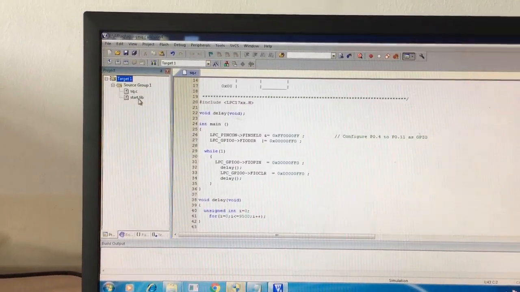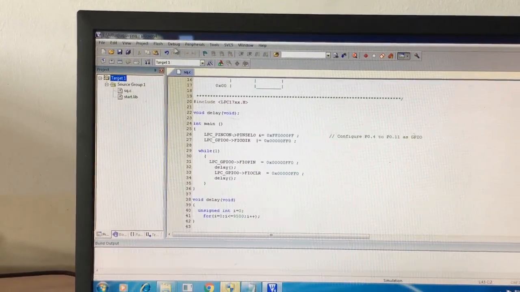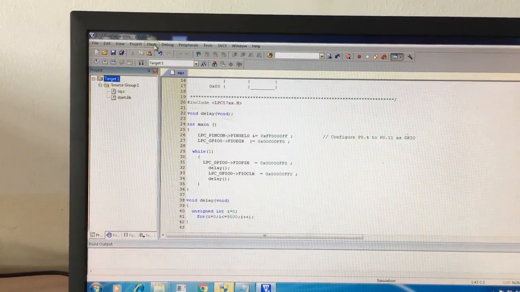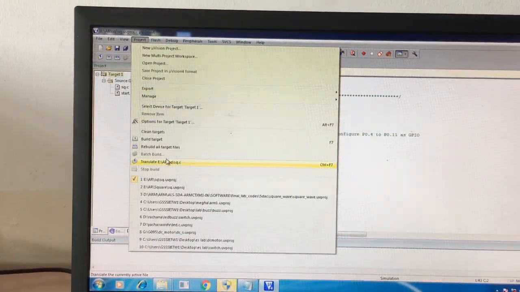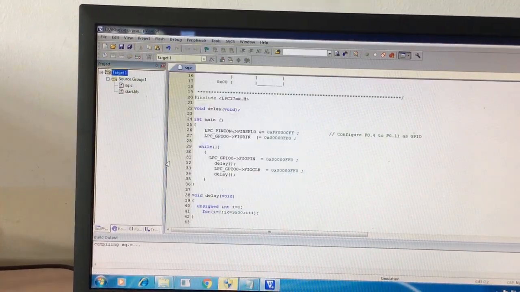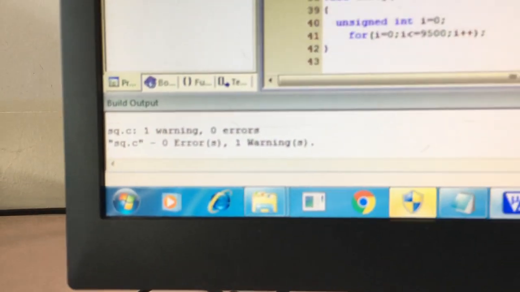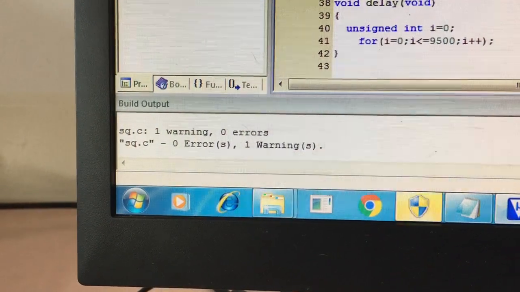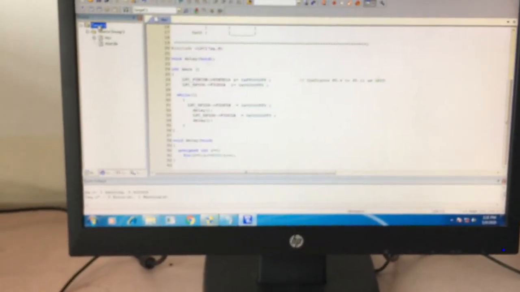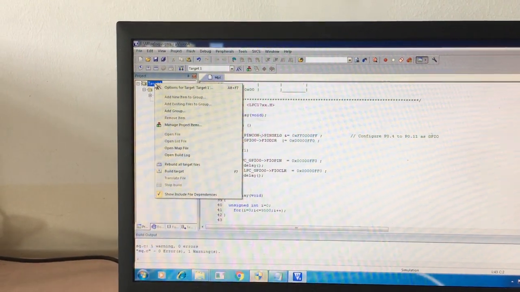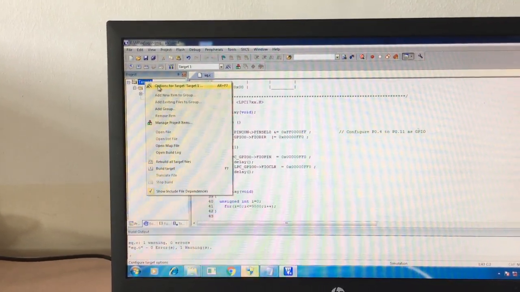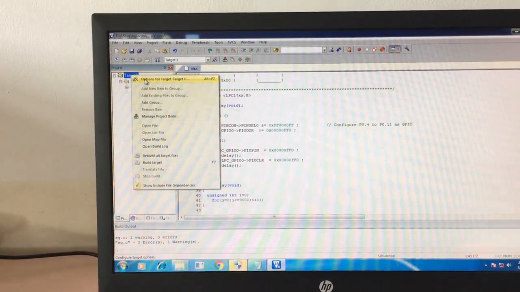So now we shall do the translation. For that, go to project, perform this translate option. Here we have 0 errors. Now right click on the target, you have to select the options for target.